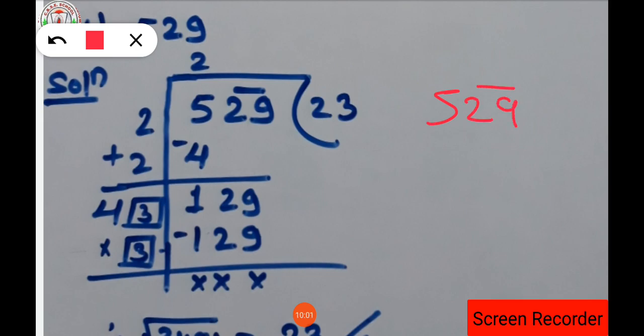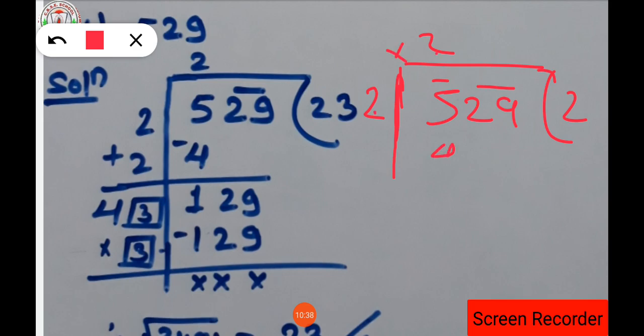529. First step is to make the pairs from the right hand side. So here 5 is not having a pair, isn't it? So if 5 is not having a pair, we will take it alone. Okay, so what we have to think? We have to think of a number whose square is not greater than 5. So 1 1 is 1 itself, it is too small. 2 2 is how much? 4. Then 3 3 is 9. 9 is greater than 5, so we are going to take the number 2, and 2 will be written in the quotient form. So 2 into 2 is how much?